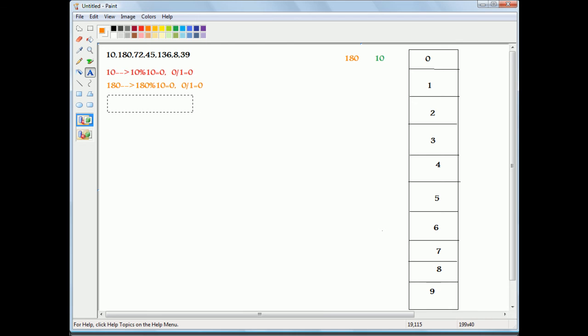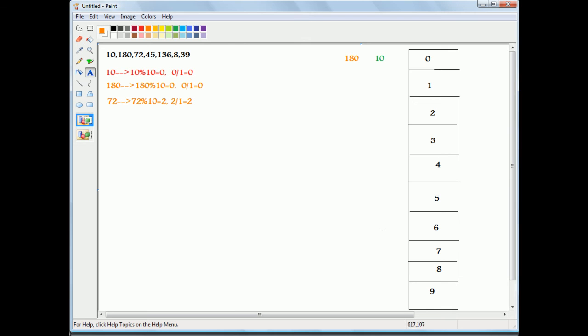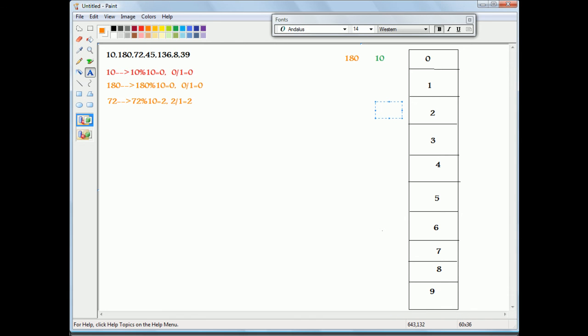All right, now the third number is 72. So 72 mod 10 is equal to 2 as a remainder, and if I divide 2 by 1, this will give me 2. Alright, so my next number's place is second, which will be